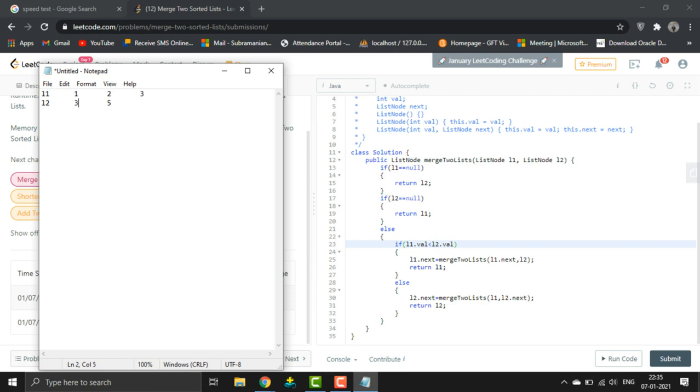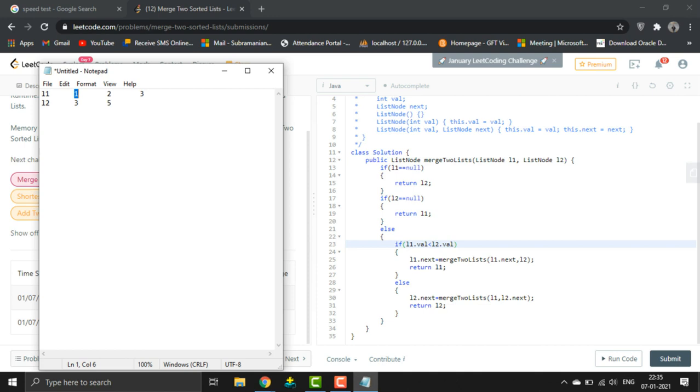So what I was saying is, since L1 dot val is less than L2 dot val, L1 will point to 1 and L2 will point to 3, right? At this condition, L1 is not equal to null, so L2 won't be returned here, and L2 is also not equal to null, so this also won't execute.